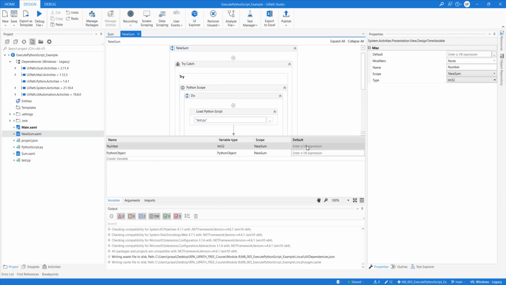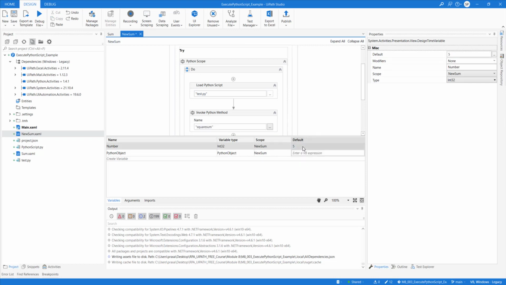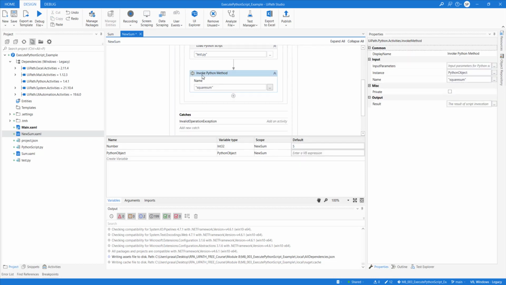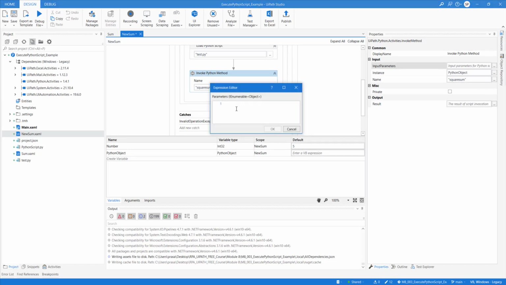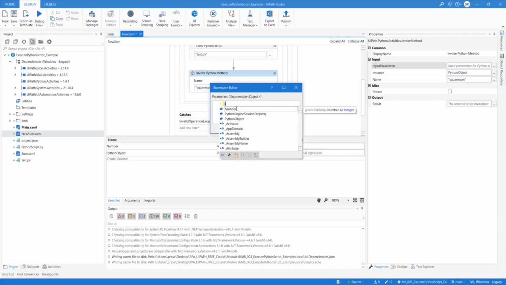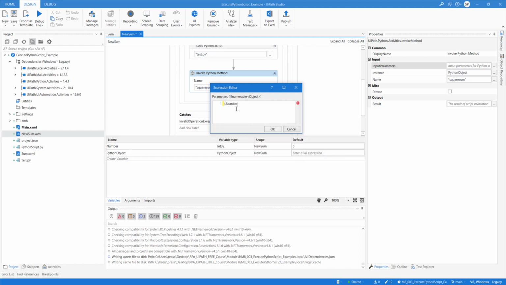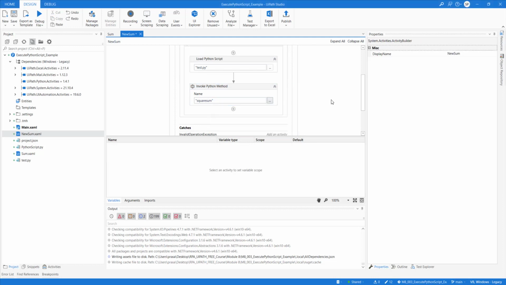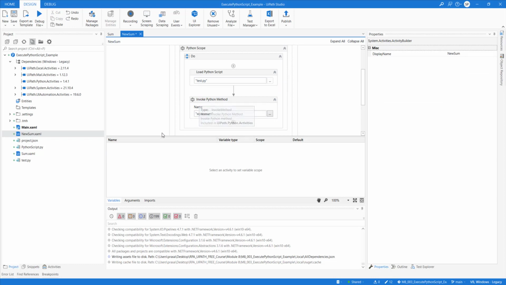Set this number value default to 5, just so that we don't need to pass it. So the default value is 5. Now come here, and in the parameter, it's an immutable object, not a collection. So all you need to do is set this one and then press OK. So number will be passed to the Python object.